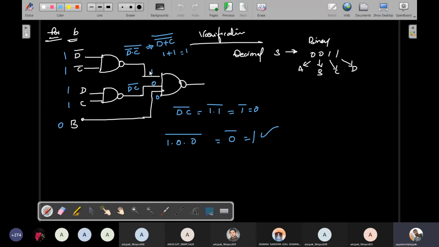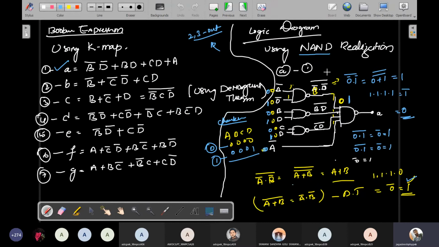Okay, see, actually in this diagram, by using Karnaugh maps, we consider these basic outputs, these Boolean expressions. These Boolean expressions we derive using Karnaugh maps. So please learn these Boolean expressions by heart. At least learn 3 Boolean expressions by heart. Out of these 3 Boolean expressions, I want to draw one Boolean expression right now.